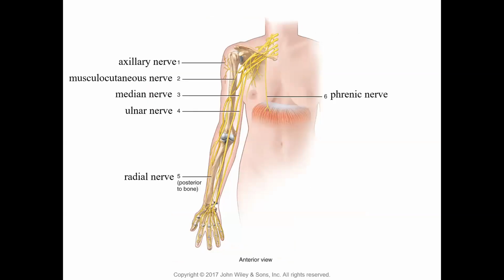So coming to the cervical plexus. Cervical plexus is just from C1 to C5. You have one on both the right and the left side. The important paired nerve that comes out from there is the phrenic nerve. The phrenic nerve supplies the diaphragm, all right? And this is very, very important because the diaphragm controls your breathing. So damage to the phrenic nerve can paralyze the diaphragm, and at rest, the diaphragm is the most important muscle responsible